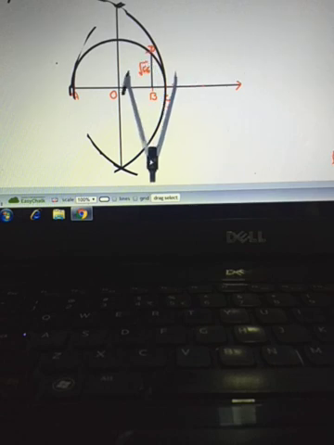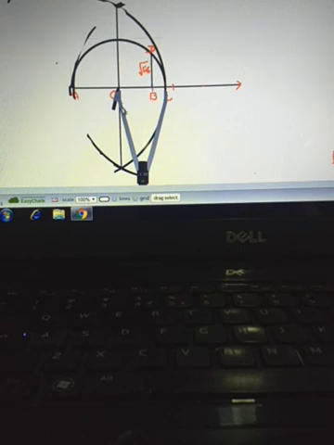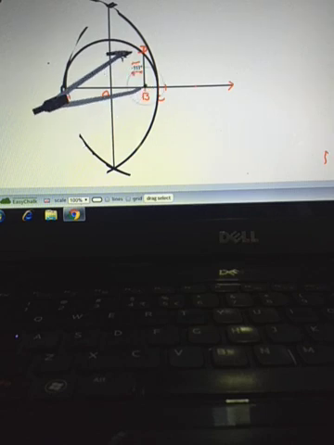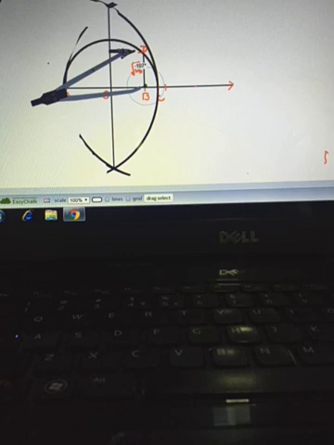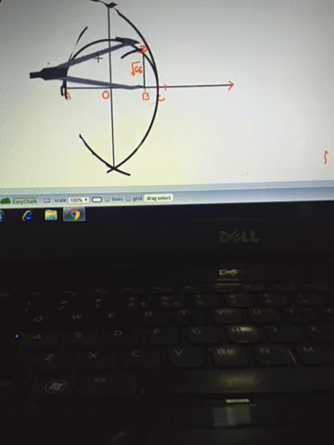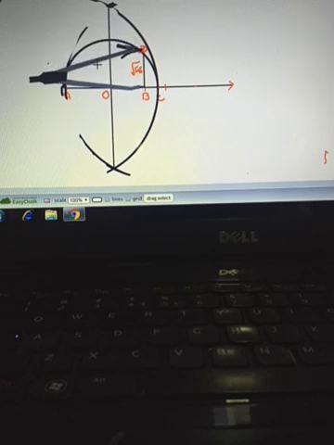See, now I am placing the compass tip here, and now BD distance I'll be taking as radius. So let us take that. Okay, see, I have placed the compass tip at B. Now I am measuring the distance of BD with the help of this compass. Okay, and just see, BD has come up to this. Just see, again I have to lessen the distance. This way I will have to adjust the pencil tip. Okay, this is coming here up to D.